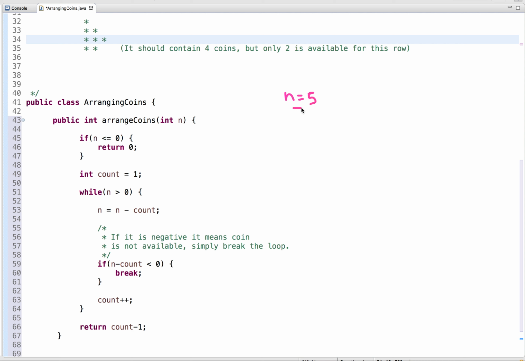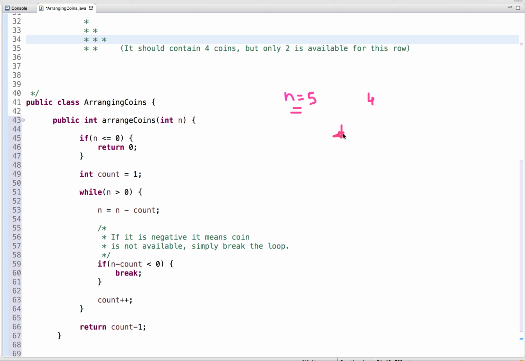Suppose we are given 5 coins, and we have to tell how many complete rows we can form using these 5 coins. We start with the first row. The first row must have exactly 1 coin, so we subtract 1 from 5. Now we are left with 4, and we can form 1 row.